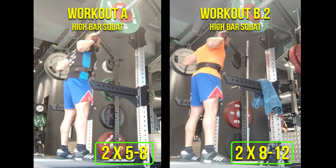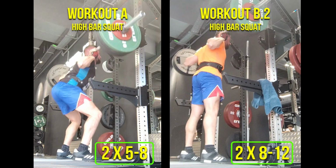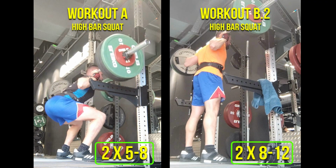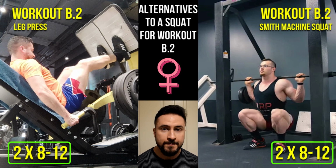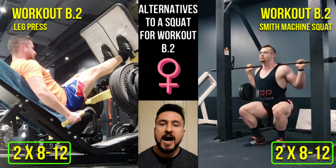I personally prefer my clients to practice the same squat variation twice per week at the early stages of a strength program that prioritizes free weights. So if you picked a high bar back squat in workout A, I'd like you to repeat the same lift for the sake of technique and coordination improvements. However, I also understand that adherence to a program is much more important than maximizing your efficiency in a given lift. So, if you need to try different exercises for you to stick to the program,